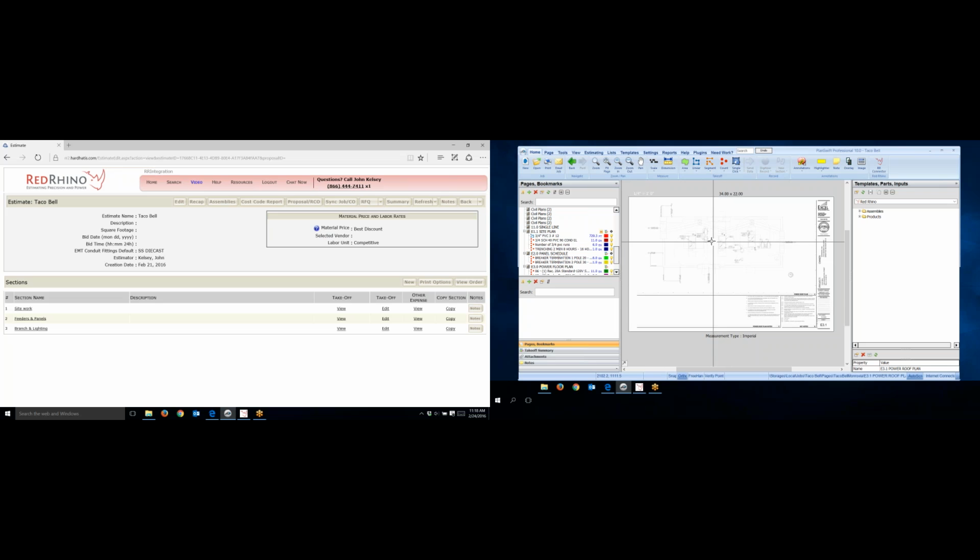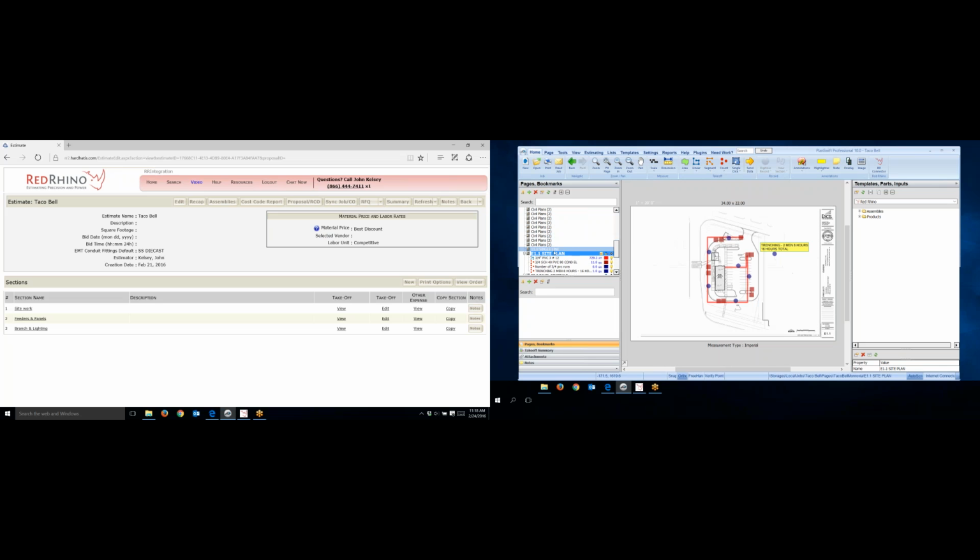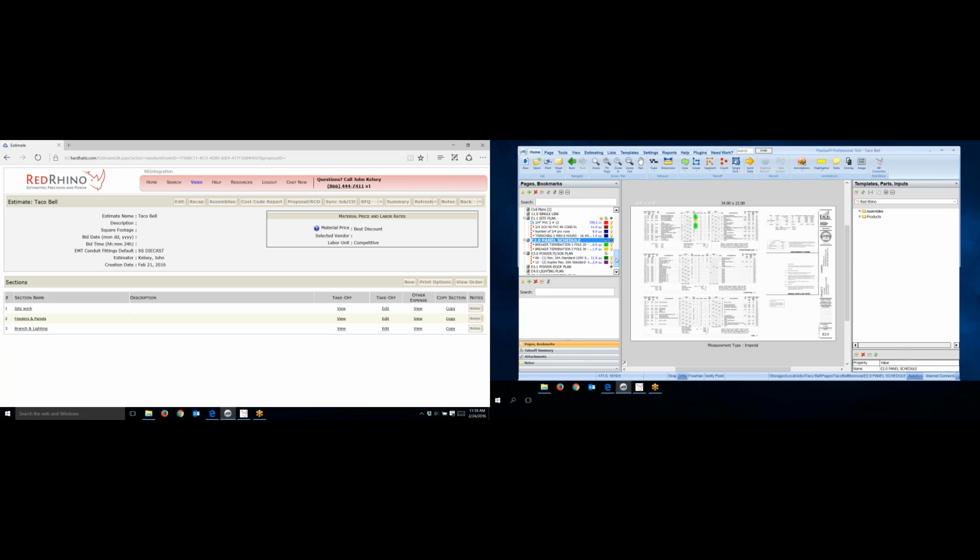Now, I won't show you that right now, but that's what this is. So I'm scrolling down to the different plans. I just click on whatever plan it is that I want to work on, okay? Here's E2 panel schedule. Now in other videos, I've shown how to name these plans, but I'll go ahead and do it right now. Okay, that's something else you want to do. I'm kind of doing this out of order, but once you load the plans in here, you got to know